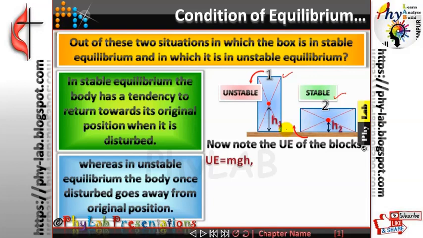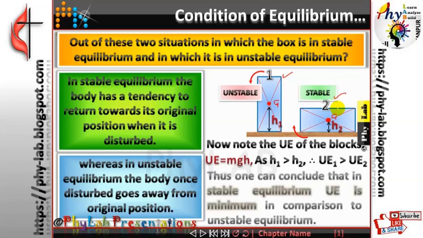Out of these two heights, which one would you find larger? Definitely h1 is at a higher position. This happens to be my center of gravity of the box, friends. Isn't it? G. So potential energy in the state 1 is greater in comparison to potential energy of the state 2, and that